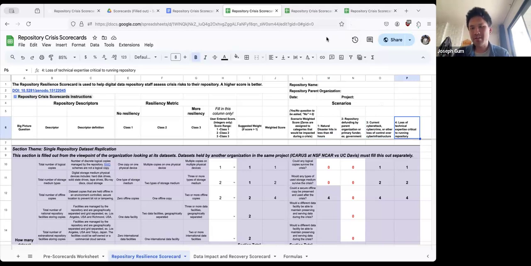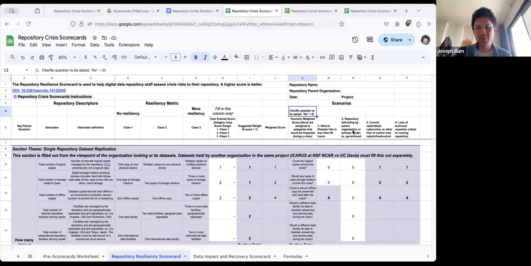say if it's combined with something like the natural disaster, if someone was hurt during a hurricane or wildfire and they could no longer do their jobs at the time. And so in order to adjust the weighting for these scenarios, what we tried to do was to pose a yes or no question that could be asked. And if the question would be answered no, we would put in a 0 for that.